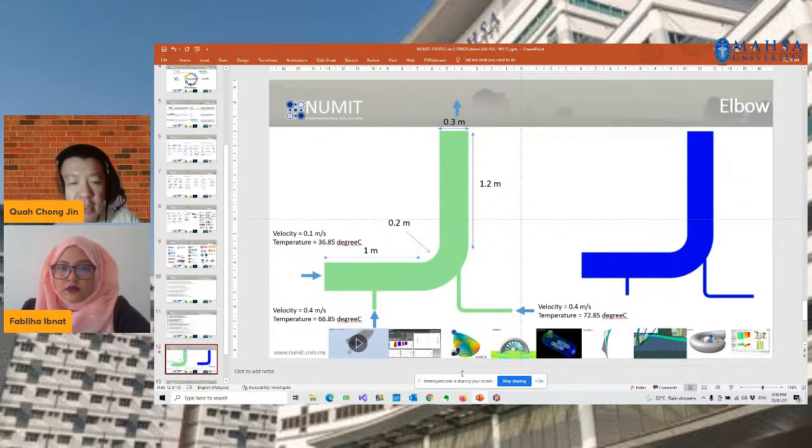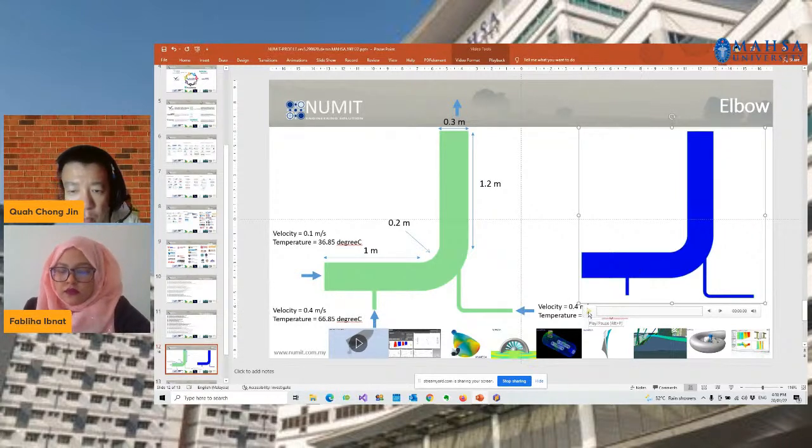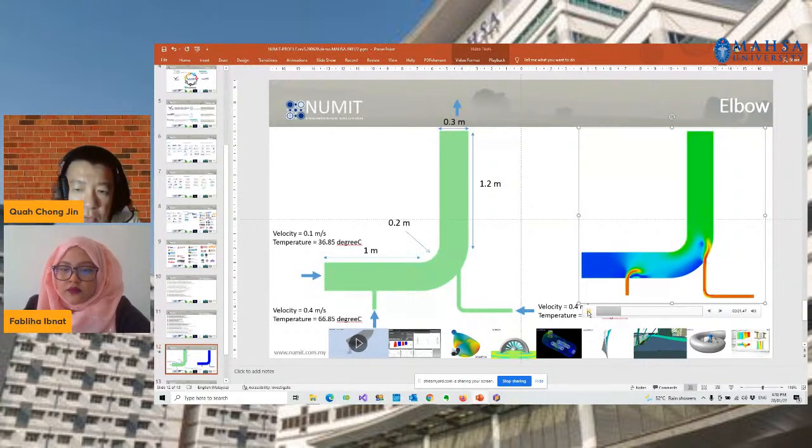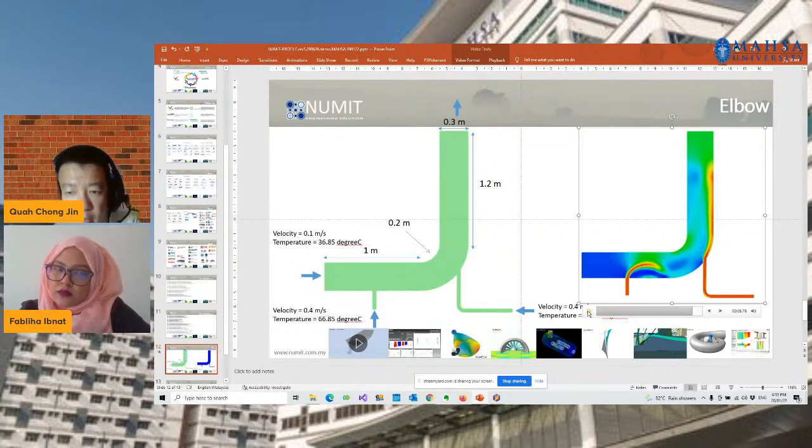In this case study, what you try to observe is that we have some length of this elbow with inlets coming from the left hand, from the bottom, and also from the right. So at the end of the day, you'll be able to see how the flow behaves due to the flow gradient and the temperature gradient.